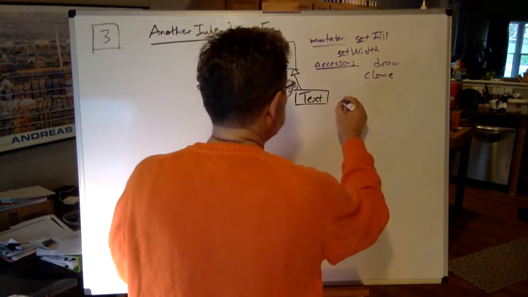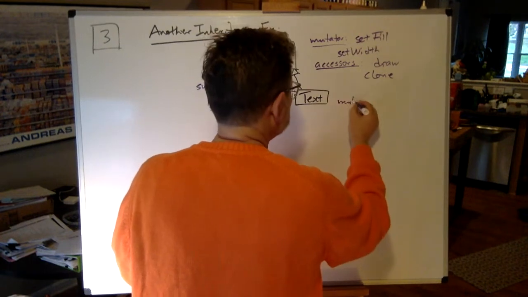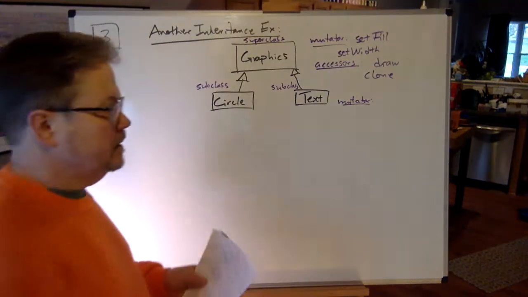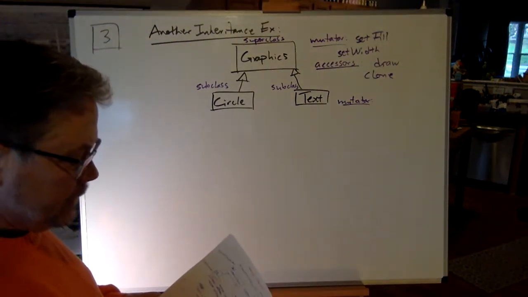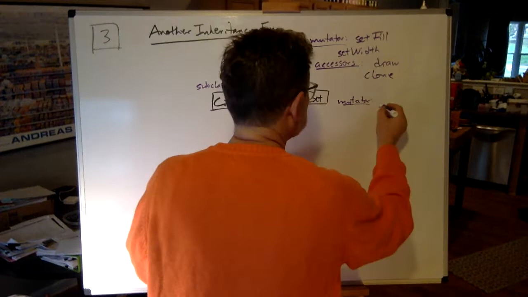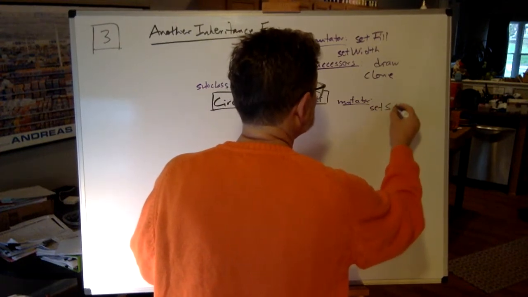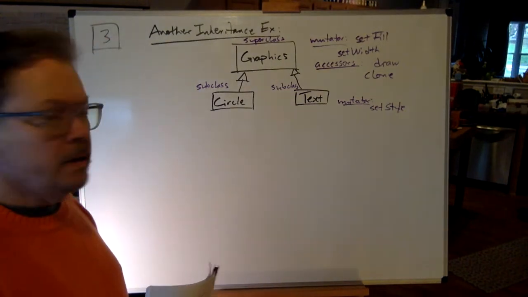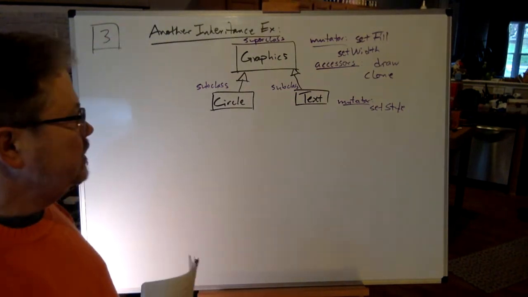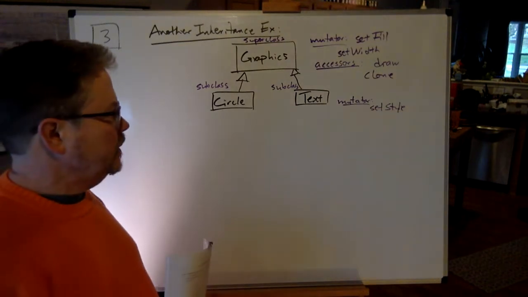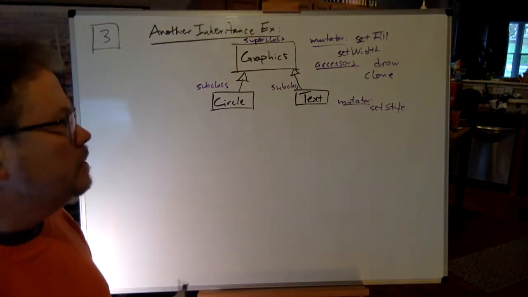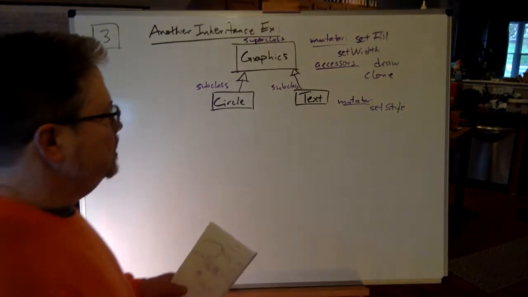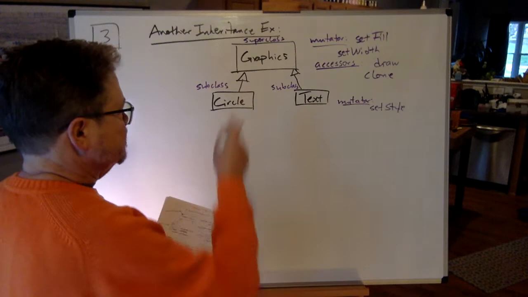Mutator for text that we might not have for graphics objects in general. Mutator is a good science fiction-y term, isn't it? Change the state of this object. Something like set style. Maybe we can set the text style to Comic Sans and irritate a lot of people online. That seems to be a very unpopular font. We could set it to Times New Roman. Maybe we could set style to Courier, Courier New. So there's an example of a mutator that might work for text that doesn't make any sense for other types